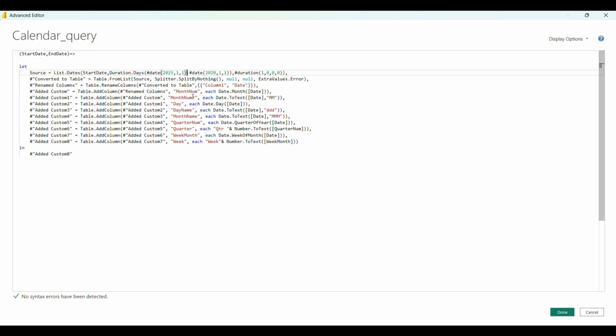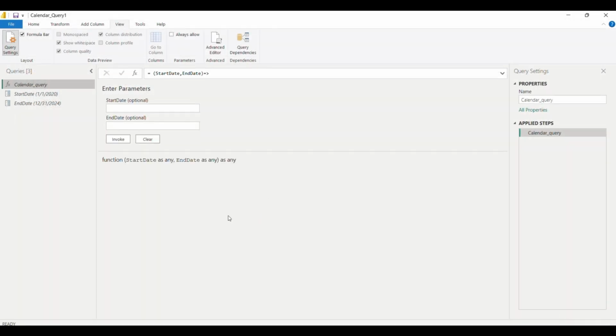So we'll delete this one, which is the end date, and we will say end date minus start date. So we delete this again, start date, and don't forget to close the parentheses here and hit done.